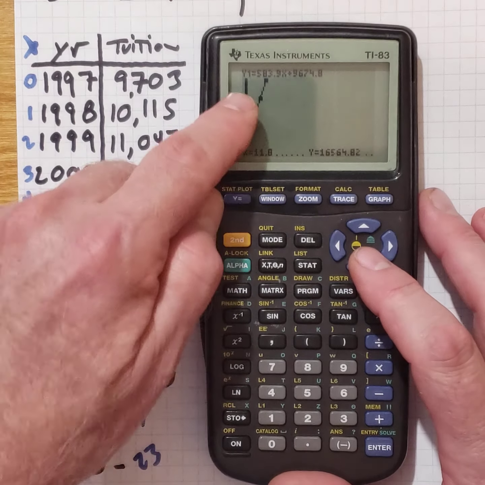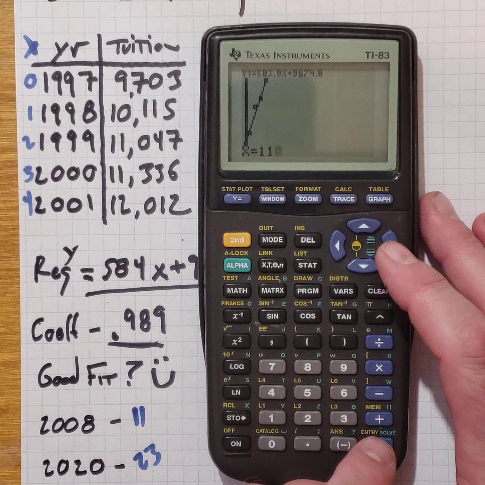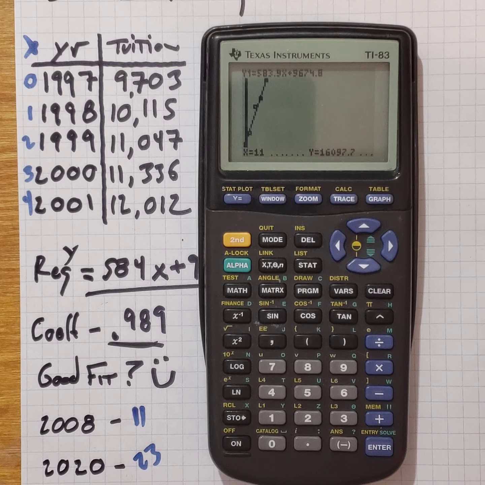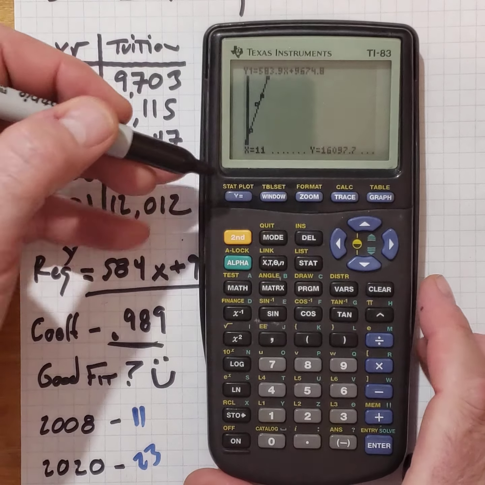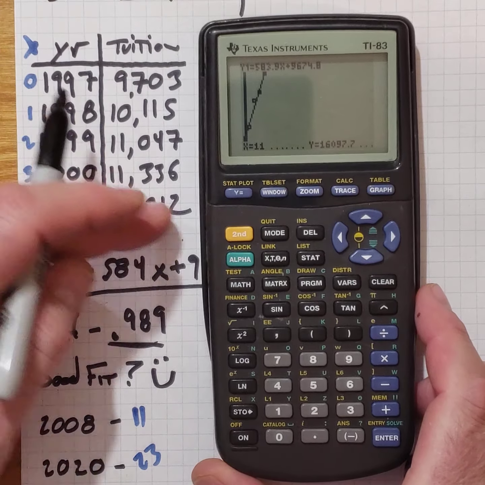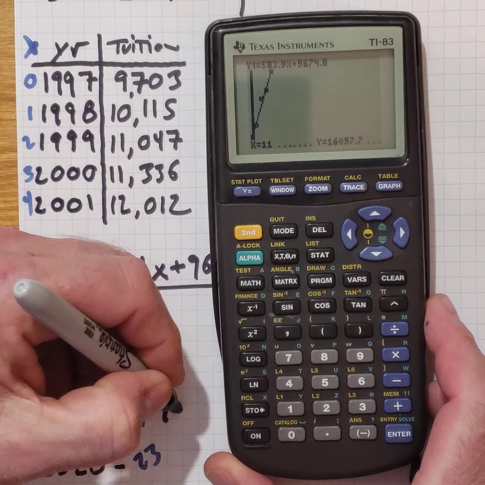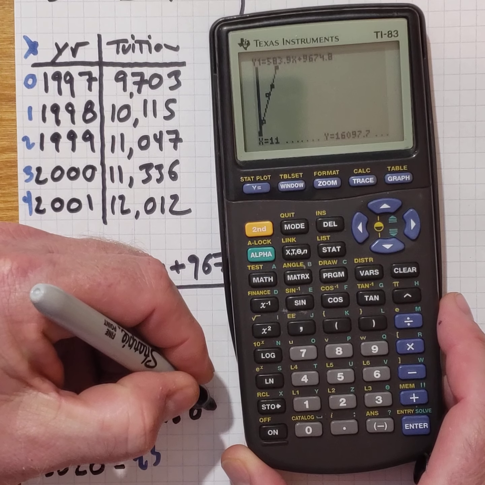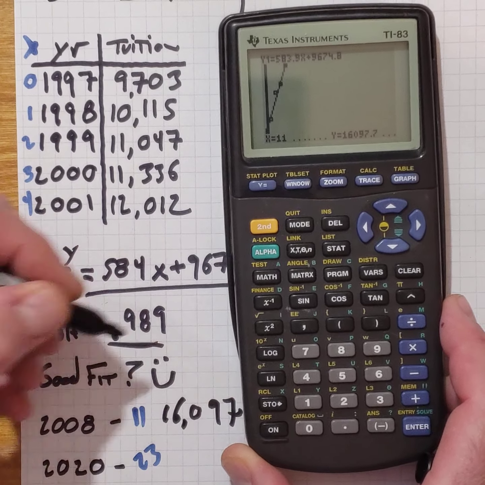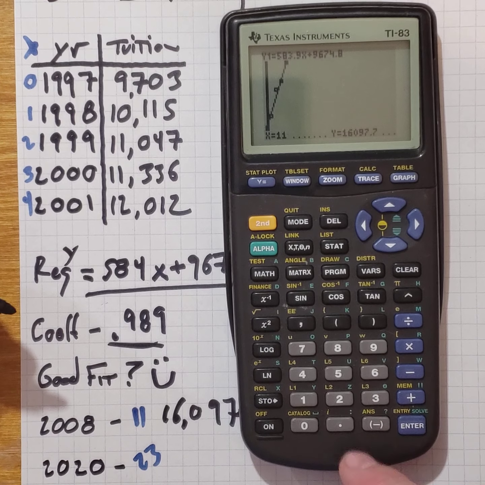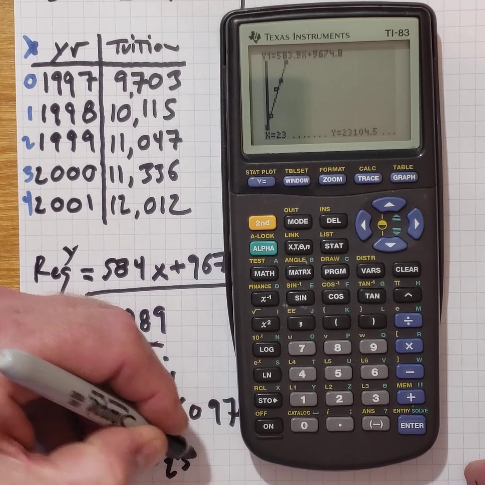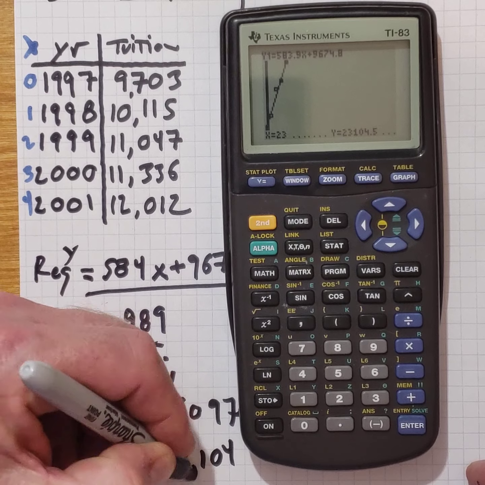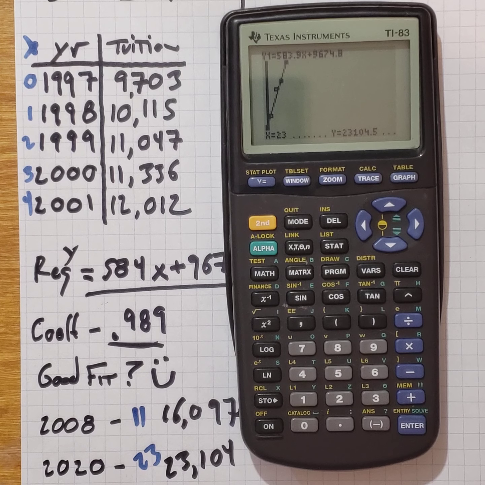arrow down or up to get to the equation of the line, and put in 11. And it tells me that if this trend continues the way it was going, then in the year 2008, our tuition would be $16,097. And if we went to this year, to 2020, then our tuition is up to $23,104.50. And I don't know how many decimal places MyMathLab's going to ask you for, but